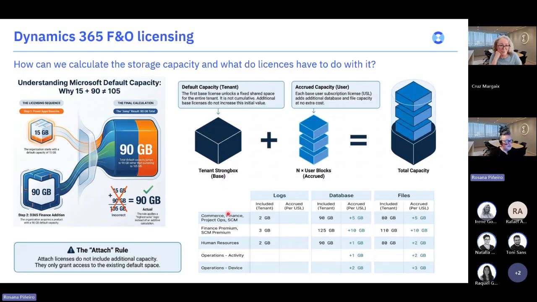Well, every time we purchase these licenses here, like the commerce, the standard licenses, in database we're going to have a 5 gig increase. And in the premium licenses, it's a 10 gig increase. In files, we have the same amounts as well on this side here. So the capacity can increase on those purchases.